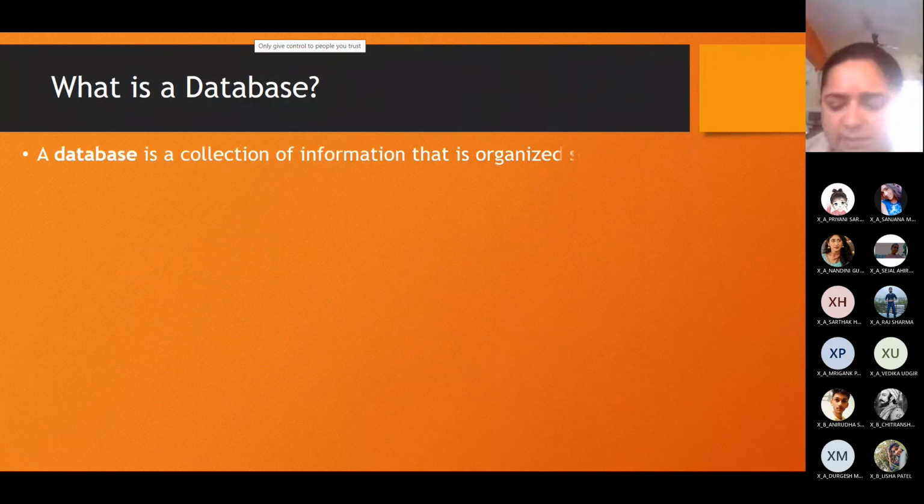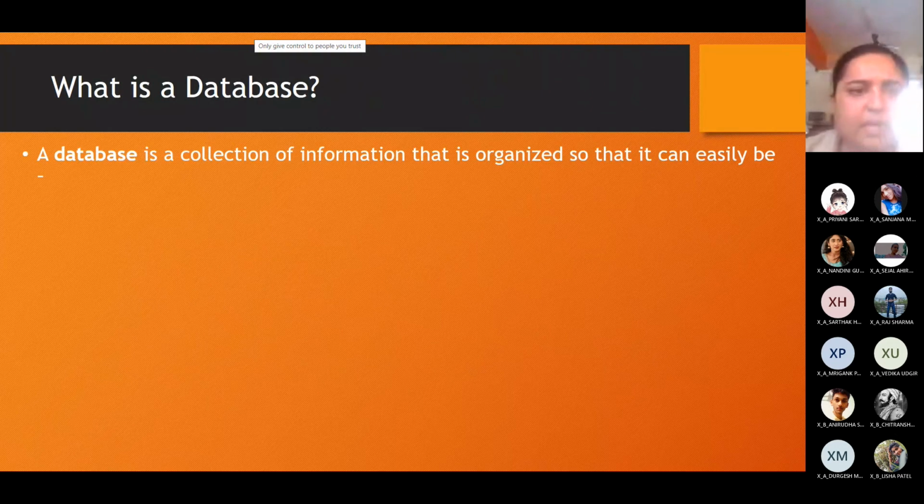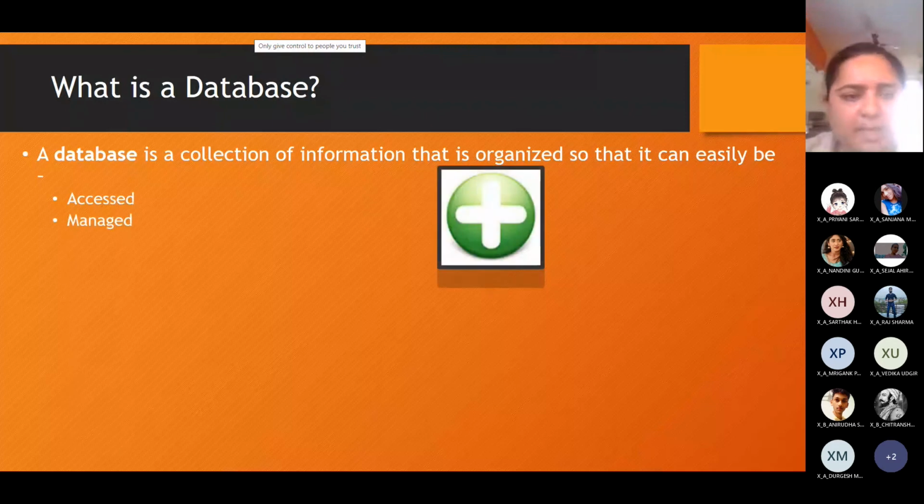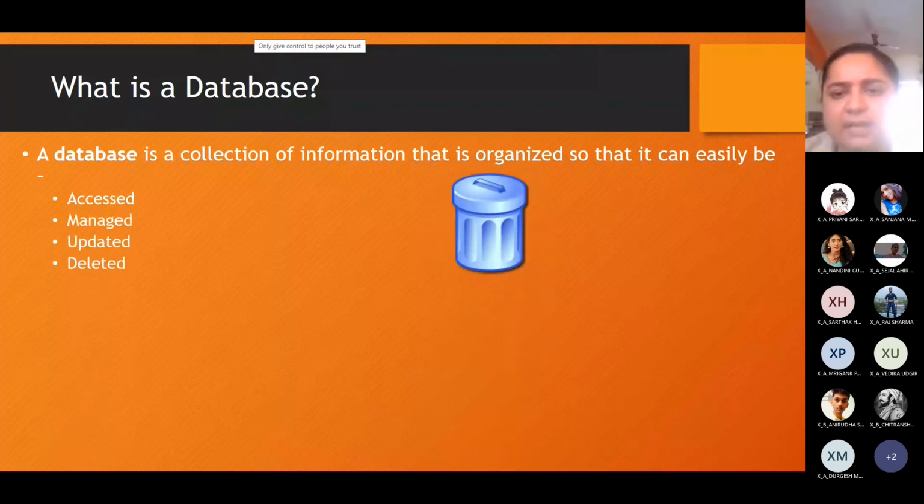So the database was created, which was a digital record keeping system, and it is a collection of information that is organized so that it can be easily accessed, managed, updated, and deleted. Basic operations include inserting data, and deleting obsolete data, that is data which is not needed.